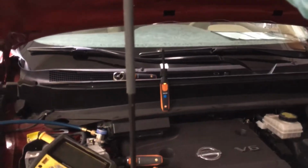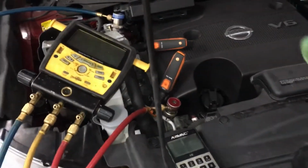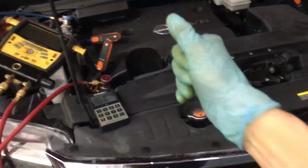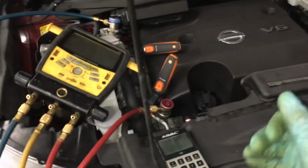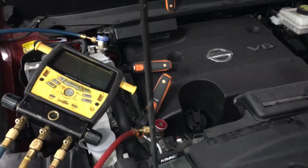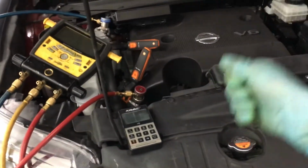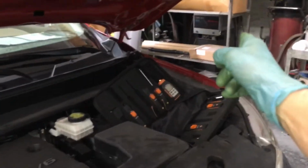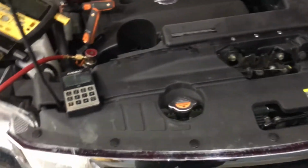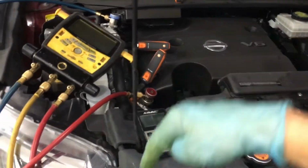Or they go off of dash duct temperatures and they go, oh, I'm filling it up by a bottle and it got cold, so I stopped right there. Those are all the wrong ways to do it. Pressure, temperature, line grabbing, that doesn't fly anymore. And when one or two customers burn up their compressors and go to a dealership immediately after leaving a body shop, and the shop gets slammed with a $3,000 or $4,000 or $5,000 repair bill to replace everything from burn up because they were using an old machine and it's not accurate on charging anymore, and they're using that universal oil, and they just leave a system loaded with moisture, way overcharged, way undercharged,